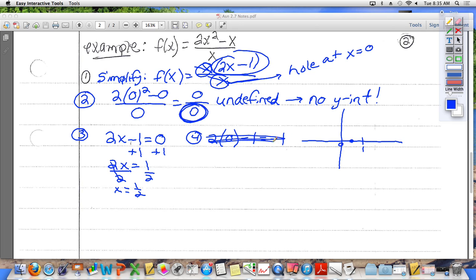Don't do this. We're looking at vertical asymptotes. I'm sorry, I lost my train of thought there. We're trying to find vertical asymptotes. We know that there is not a vertical asymptote because there's nothing left on the top or on the bottom. It canceled out. We know that there's a hole there. We just have to figure out where our hole is going to be. The hole is going to be at the y-intercept, because we know that there's a hole